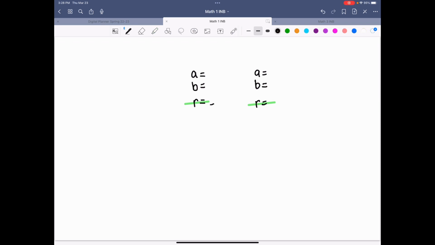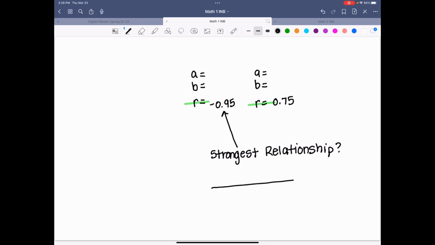So if I have negative 0.95 and I have 0.75, and it asks me which one has the strongest relationship. The one that has the strongest relationship is the one that's going to be closest to negative 1 or positive 1. So the strongest relationship is going to be that negative 0.95,